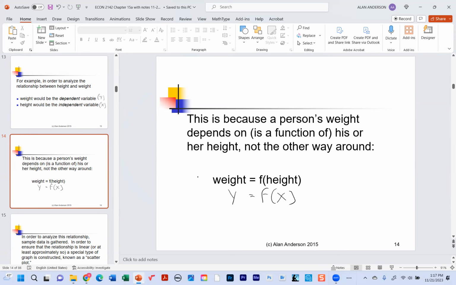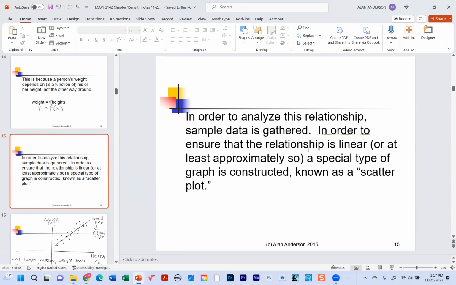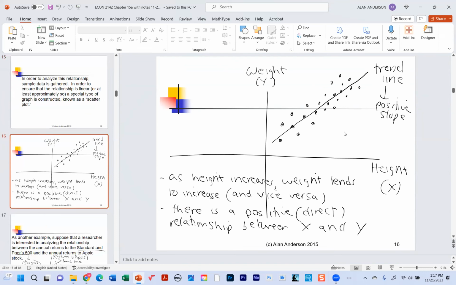How do we analyze this relationship? Well, obviously, we need sample data. We gather a sample, and what do we do first? We use a scatter plot to determine if the data are linearly related to each other. So let's say this is what we end up with. Okay. And by the way, if you notice, when both variables have